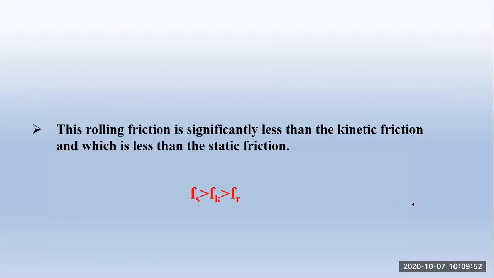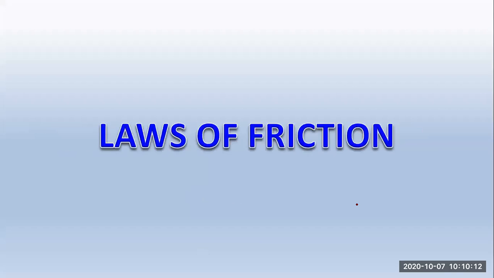This rolling friction is significantly less than kinetic friction, which is less than the static friction. So you can write it like this. This is actually much less. So we should put a double sign here. Rolling friction is very much small. Okay. We should put a double sign here. Okay. Laws of friction. So what are the